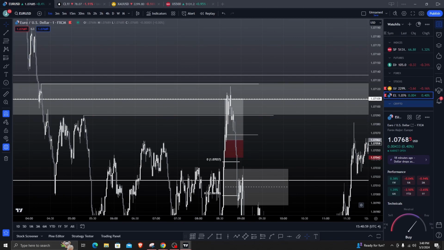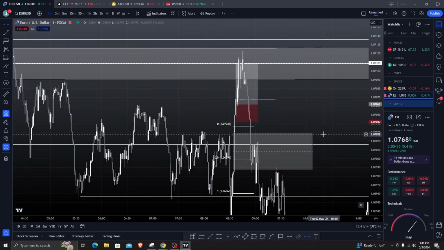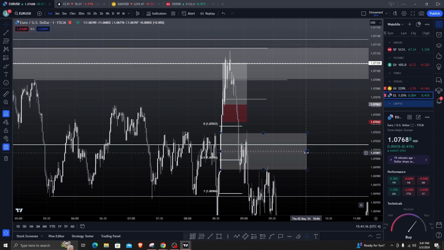So for this trade, I didn't have a bias. I couldn't figure out the draw on liquidity, which was a bad thing. Ideally, when I can't figure out where I think price is going to go, I'm not going to trade that day. So I didn't know where the draw on liquidity was, but the execution on this trade was pretty good. I got in around this, and I was in a little bit of a drawdown, but I only went 1.25 lots onto this trade.